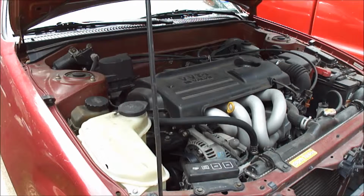Today we're working on a 2000 Toyota Corolla. We're going to replace the spark plugs. We had a code that was saying it was missing on cylinder 1. So we're going to do the easy route first, replace the spark plugs before we spend big money on the coils. So we're going to first take off this